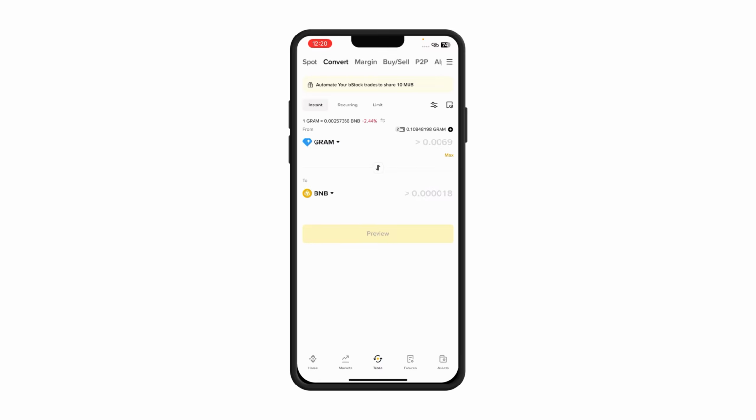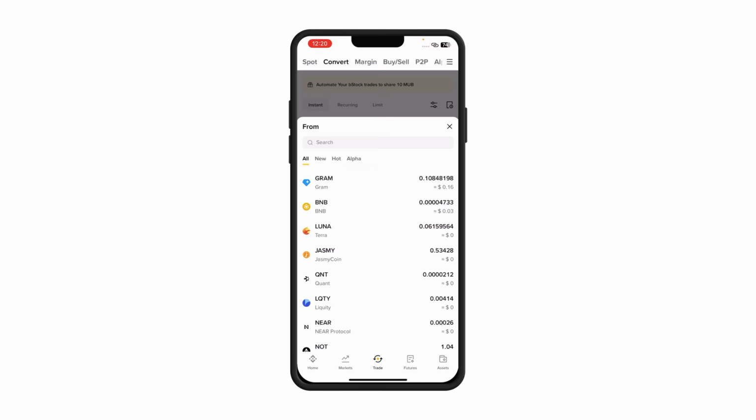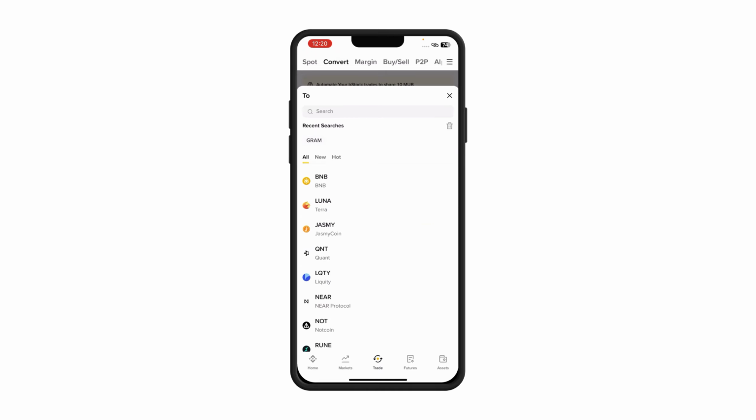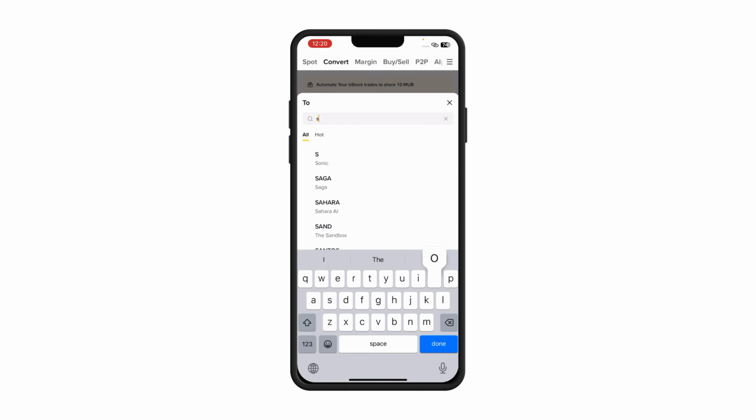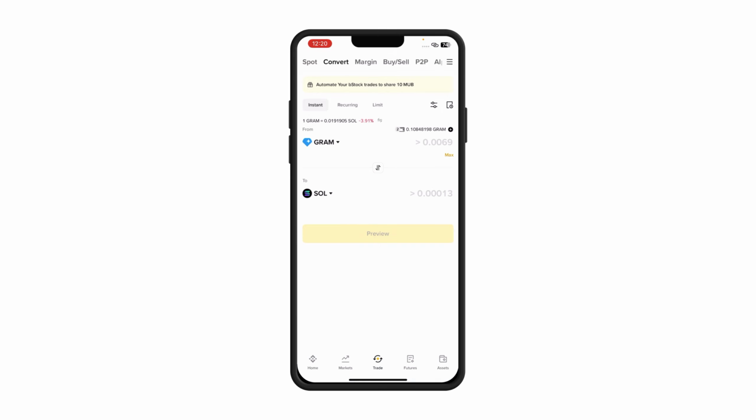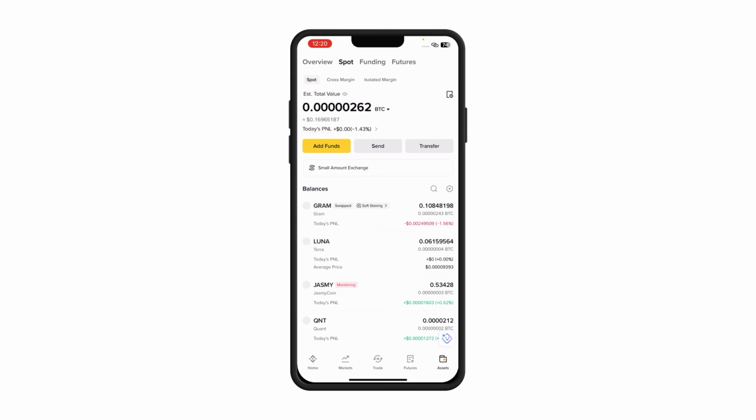So let me say if you have one BNB, or if you have some part of Bitcoin, Ethereum, you can come on here, you can convert it to Solana. So once I've converted it, this is Sol. Once I'm done with the conversion, you can withdraw it. So watch a video how to withdraw